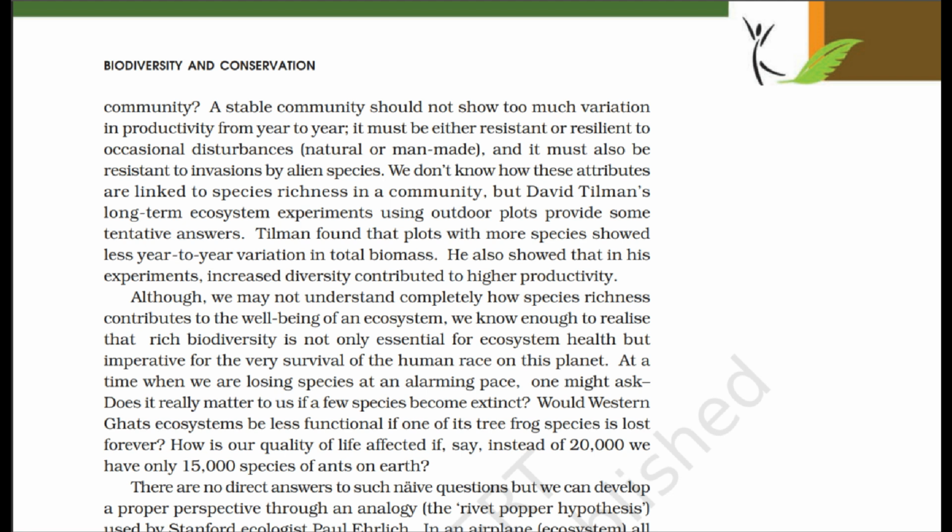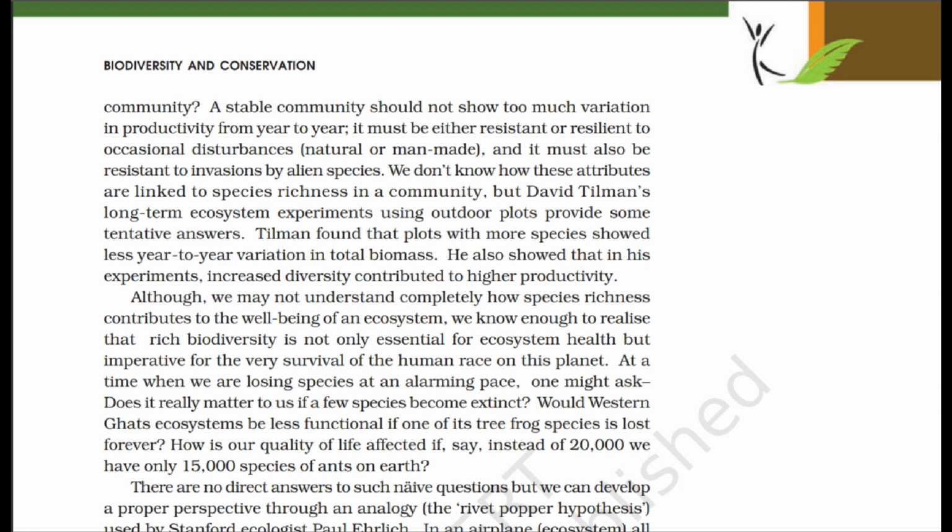race on this planet. At a time when we are losing species at an alarming pace, one might ask, does it really matter to us if a few species become extinct? Would Western Ghats ecosystems be less functional if one of its tree frog species is lost forever? How is our quality of life affected if, say, instead of 20,000 we have only 15,000 species of ants on Earth? There are no direct answers to such naive questions, but we can develop a proper perspective through an analogy,